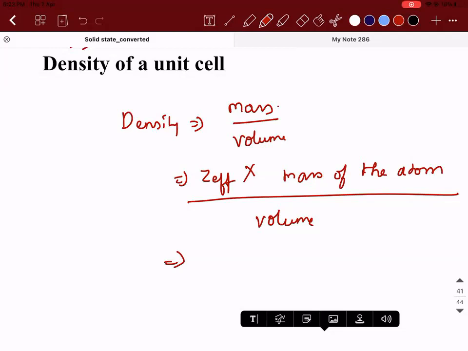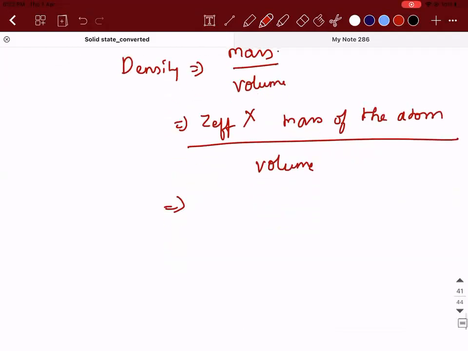With that only, the scientists made the Avogadro number. You have simply read the Avogadro number. Do you know how the Avogadro number comes? No? Very good, just leave it. Okay. See, Avogadro comes from this carbon's mass. You read that the atomic mass of carbon is 12. But simply you can't say the atomic mass of carbon is 12, because there are lots of isotopes in it, right? Carbon 12, carbon 13, carbon 14. 3 isotopes are present.